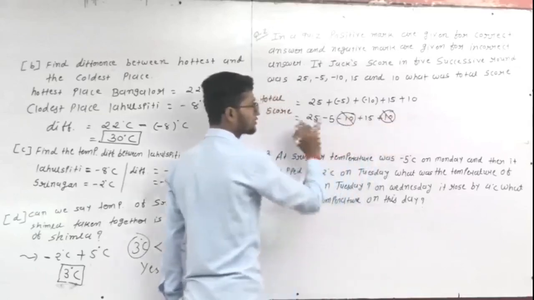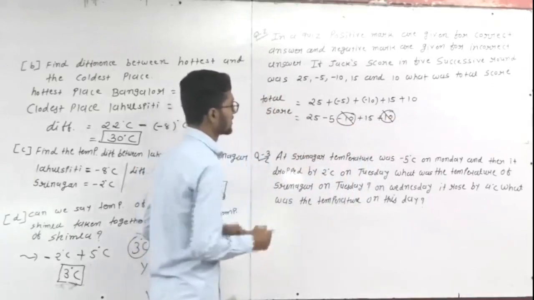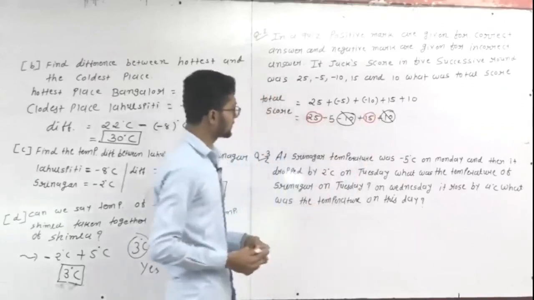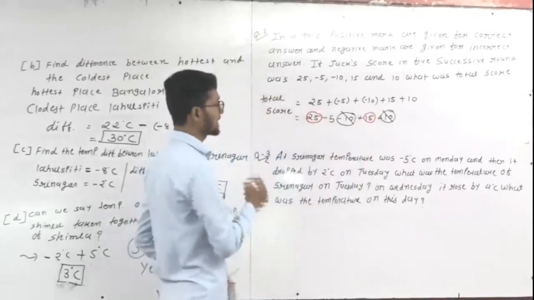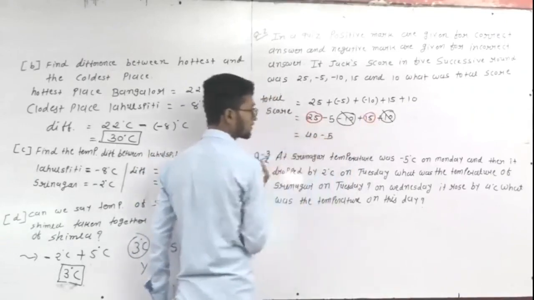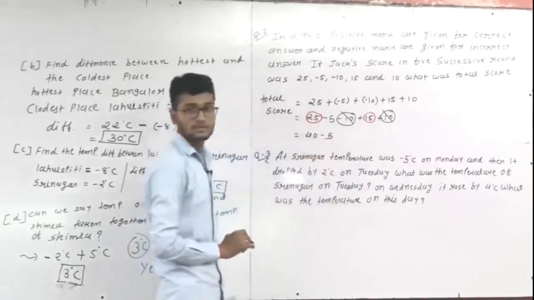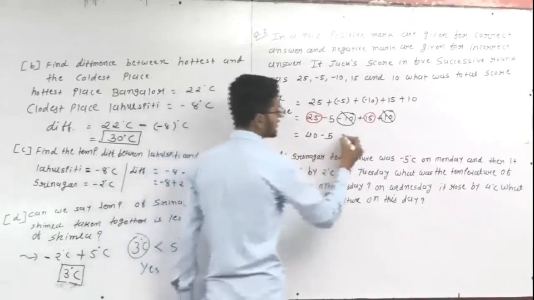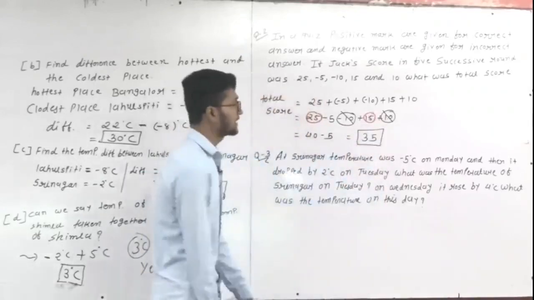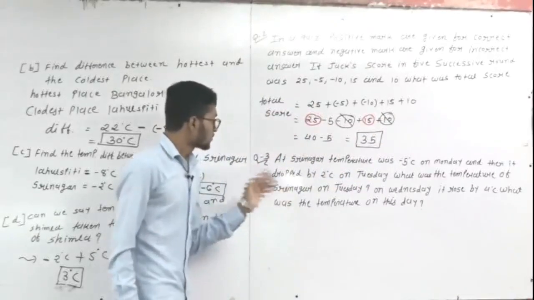So students, this one is -10, this one is +10. The -10 and +10 cancel. Right? Now our next step: this one is a positive number, this one is also a positive number. These two are positive numbers, which means addition. So 25 and 15, it means 40, minus 5. 25 and 15, addition is 40, and this -5 stays as it is. Okay? Now 40 minus 5 means 35. So Jack's total score is 35. Clear, students?